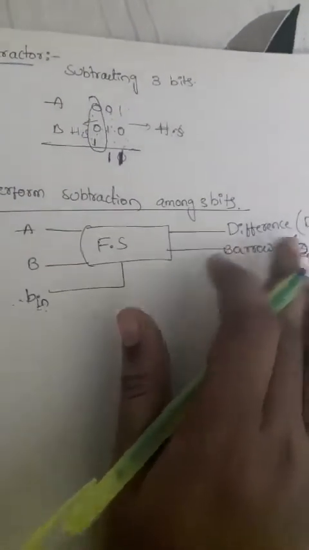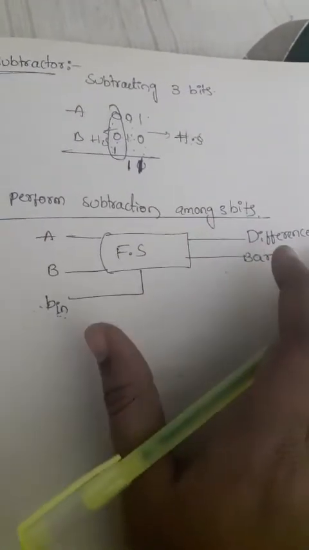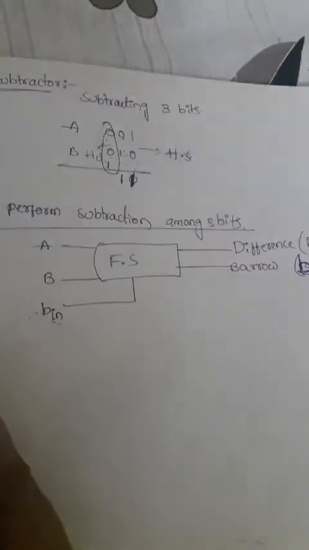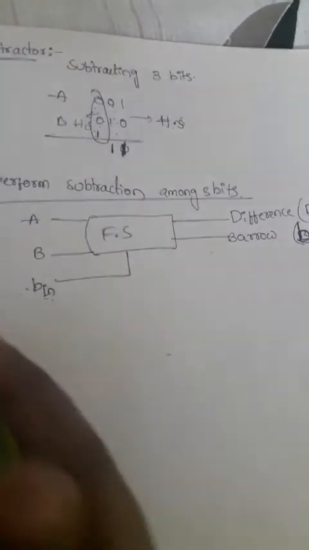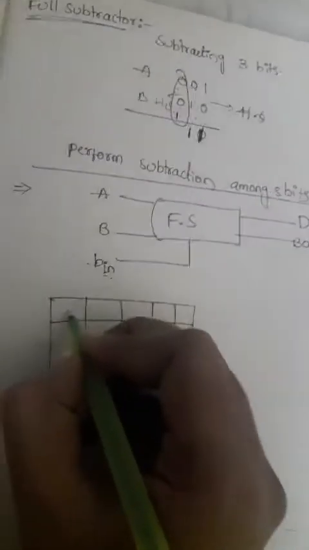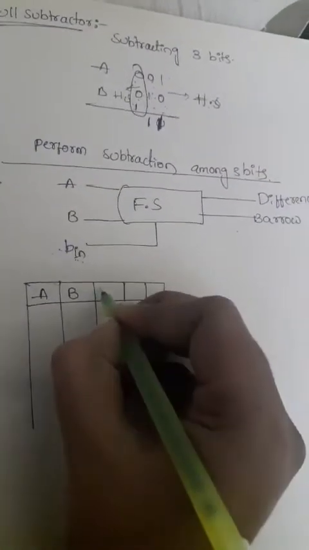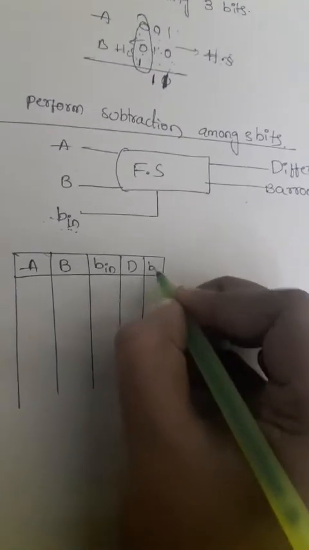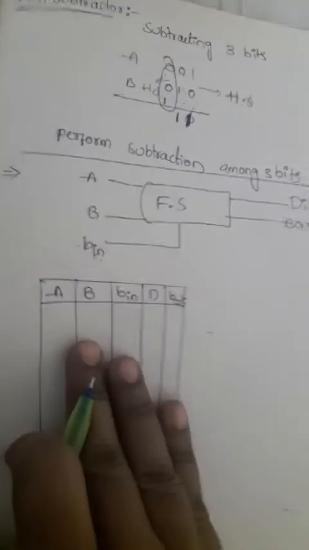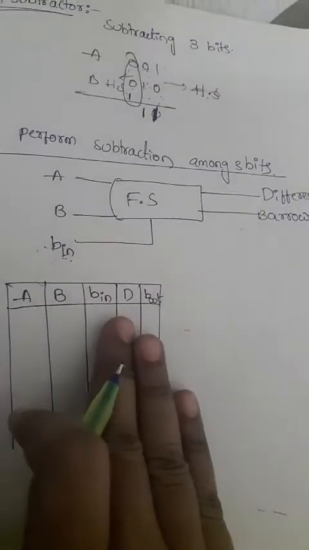Okay, after designing the block diagram, now we'll go for designing the functionality of this full subtractor. So what we have to do is consider the truth table, for satisfying the full subtractor. This consists of totally 3 inputs, A, B, and another input B in, the borrow input, and the difference and borrow outputs. So here I am taking 3 inputs and 2 outputs.